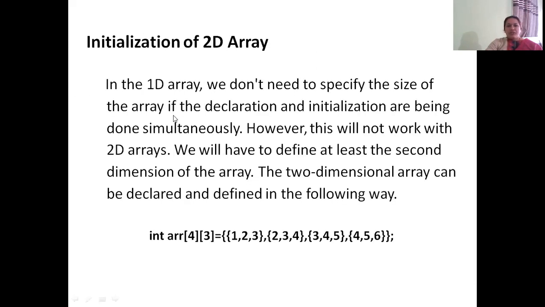Now, in order to initialize a two-dimensional array, we have to keep in mind that there are rows and columns in this particular array.